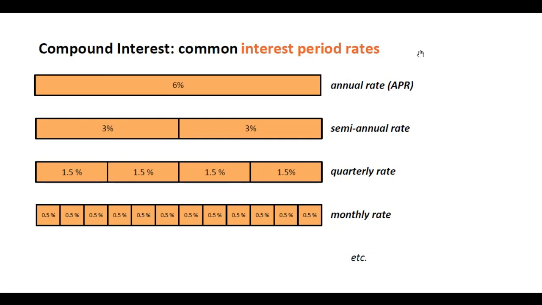I thought I would just do a quick little add-on here, just showing you some common interest rates, just to make sure you know what n is in each situation. Of course, here's our 6% here. And we looked at if it's a semi-annual rate, our n is equal to 2. Of course, there's 2 calculations for every single year. We looked at a monthly one. Of course, that one's pretty straightforward, 12 months in a year. And notice now, one way to visualize this is our 6% is chopped up into these 12 itty-bitty little 0.5%. Now, we didn't look at quarterly, but you can probably use your imagination that that's quartering your annual rate, in this case, if the annual rate is 6%, into 4 1.5s, and that n value would be 4